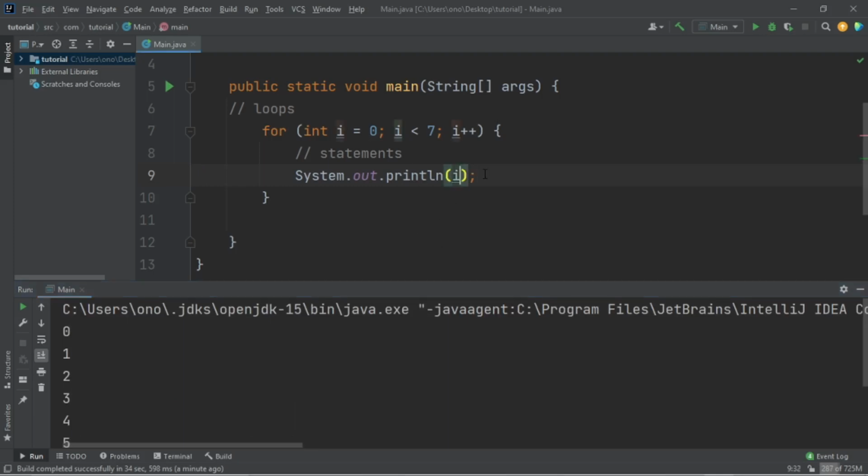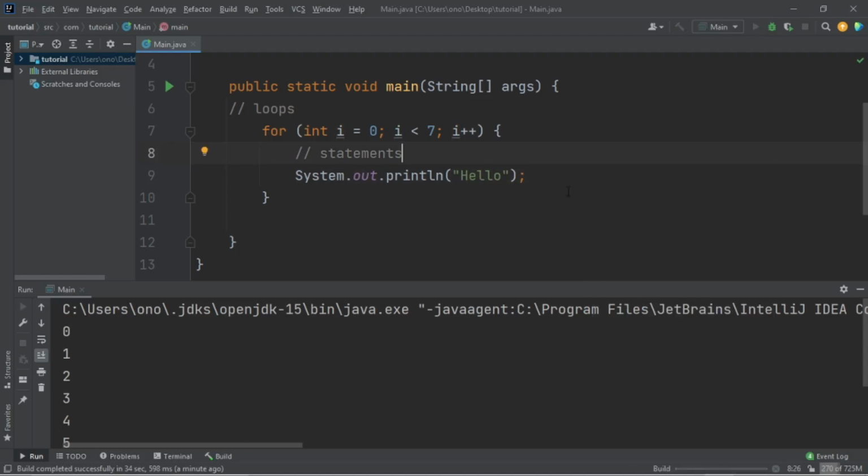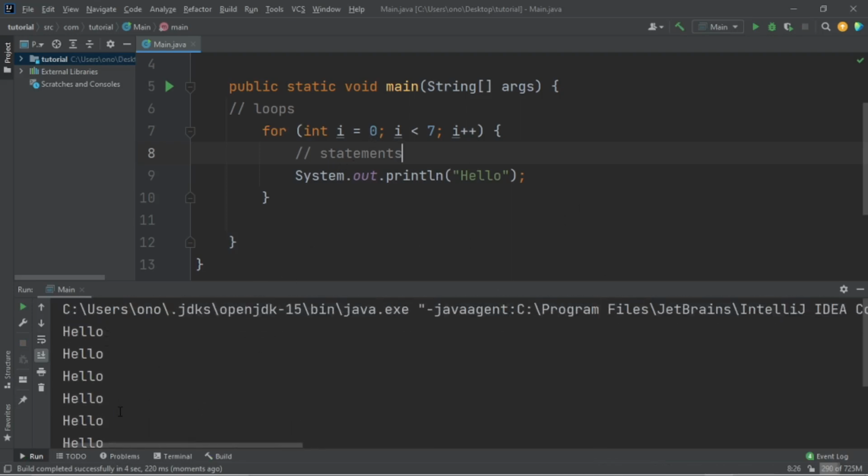And while we can do that, we can also just print out our hello statement, right? You can print this out, and it's going to print out hello that many times. It starts off at 0 up until 6, right? So it prints this out 7 times: 0, 1, 2, 3, 4, 5, 6. That is 7 times. And in order to avoid confusion, we can begin this at 1